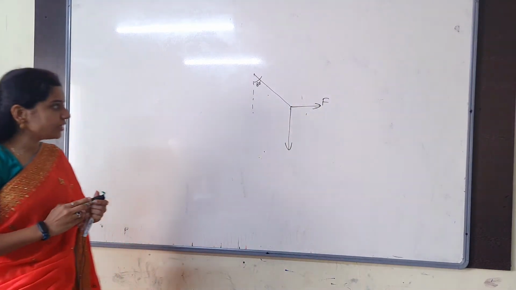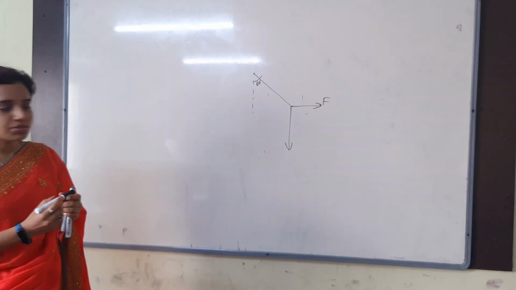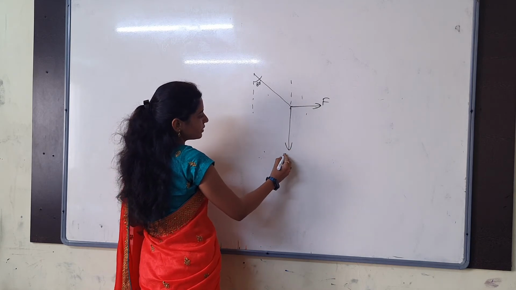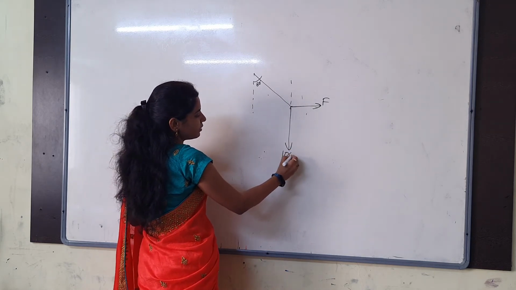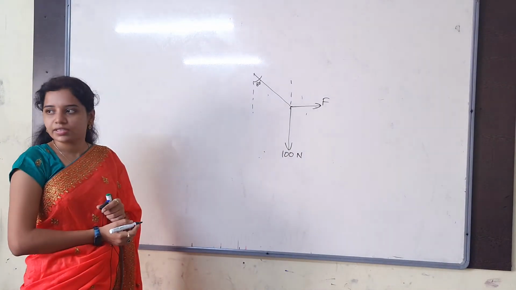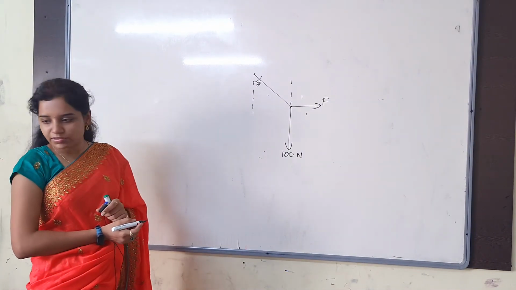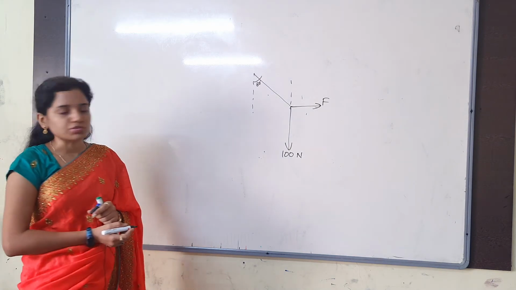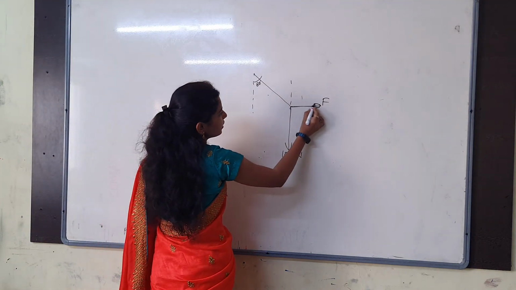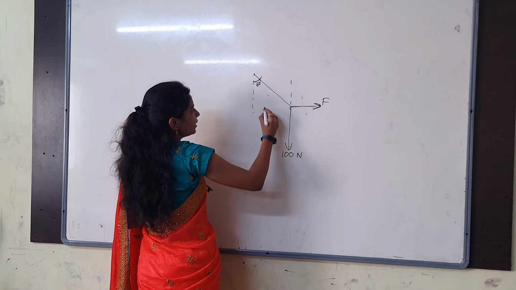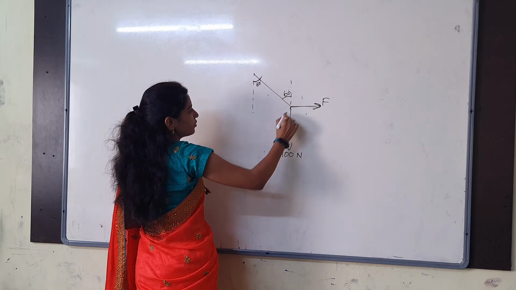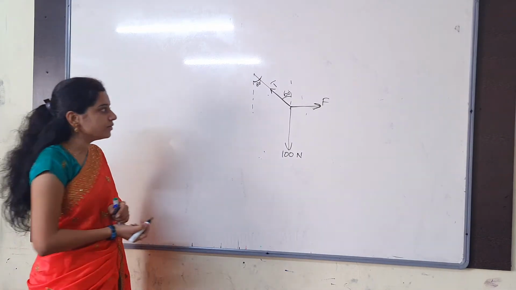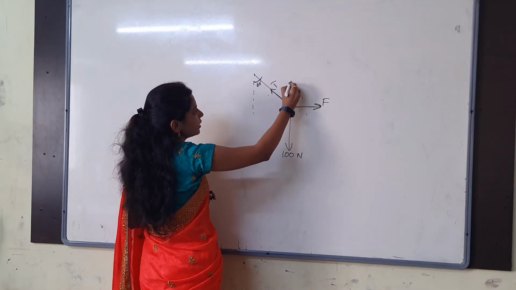So what are they asking here? They are asking F. To find F, the angle here is 60 and downwards how much is there? The mass is 10 kg, so the weight will be 100 newtons, mg will be 100 newtons. Any force value given? No force value. What do we have to find out? The horizontal force only. So F is there in this direction, horizontally. If this angle is 60, this angle is also 60 only. There is tension T in the rope, obviously. So with tension T here and 60 here, which component will this be?